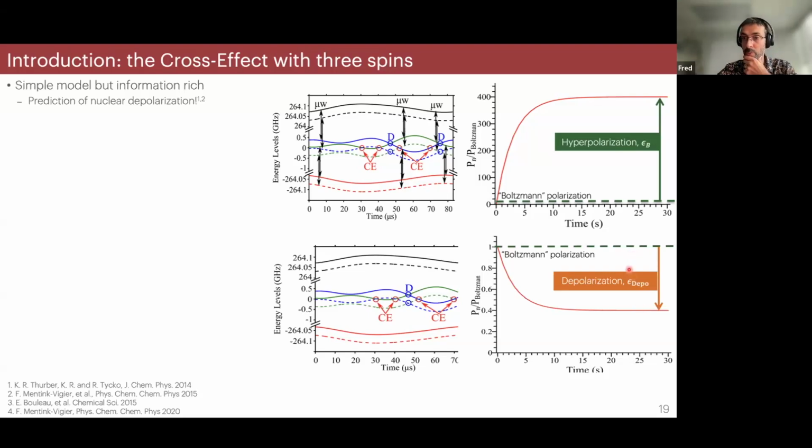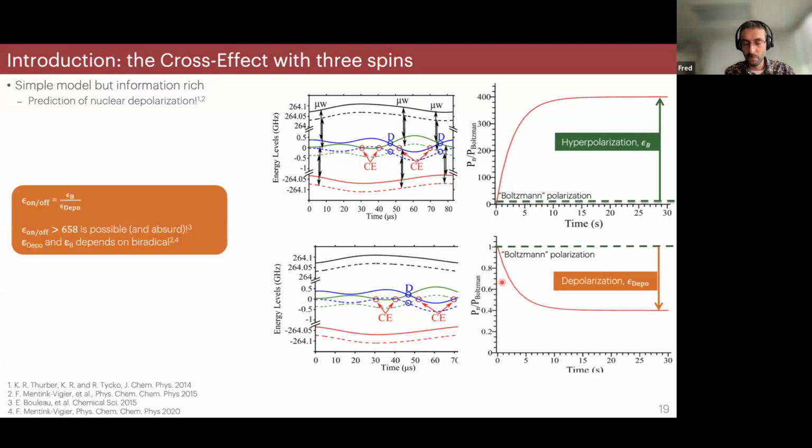It's a reversible mechanism. It should not be really confused with a paramagnetic bleaching. This is really something else. This is reversible. This is only with cross effect. And basically it has an impact, which is when we measure an enhancement, which is the ratio between microwave on and microwave off, and we do this with biradicals, we are not really quantifying how much we are gaining, and we can obtain absurd results.